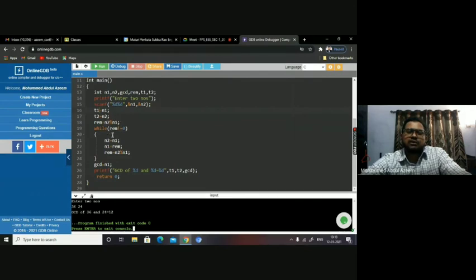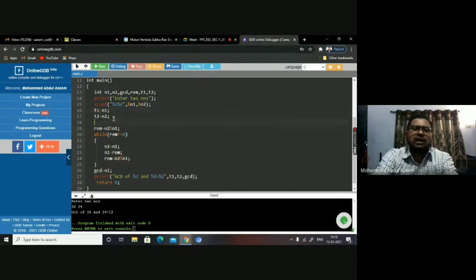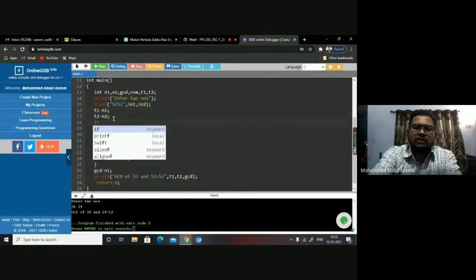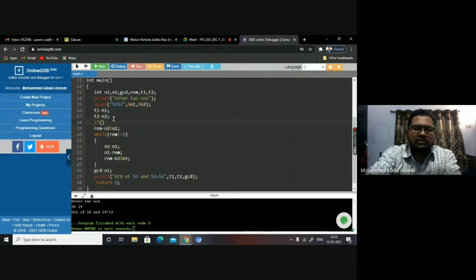This program will not work when n1 is 0. In that case you will have to add that as an exception in this program. Got it? So if any one of the values is 0, the non-zero one is going to be the GCD. Got my point? So here I need to add that condition. Okay, let us say for example n1 is 0.